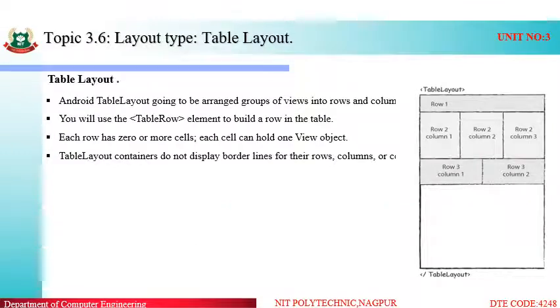Table layout arranges the groups of views, views means the controls, into rows and columns. We will use the table row element to build a row in the table. Each row has 0 or more cells. Each cell can hold one view object. Table layout containers do not display border lines for their rows, columns or cells. So it is one of the simplest structures in which we will arrange our screen in terms of rows and